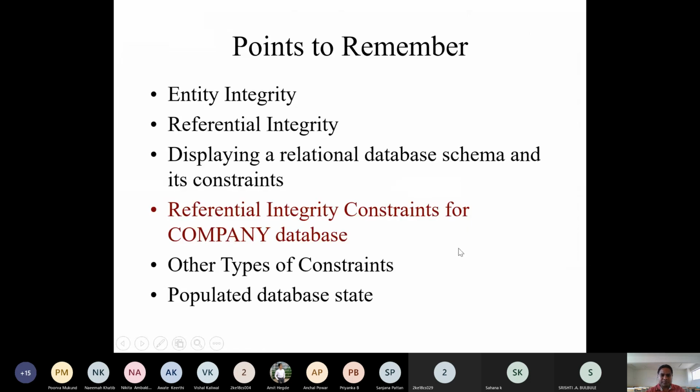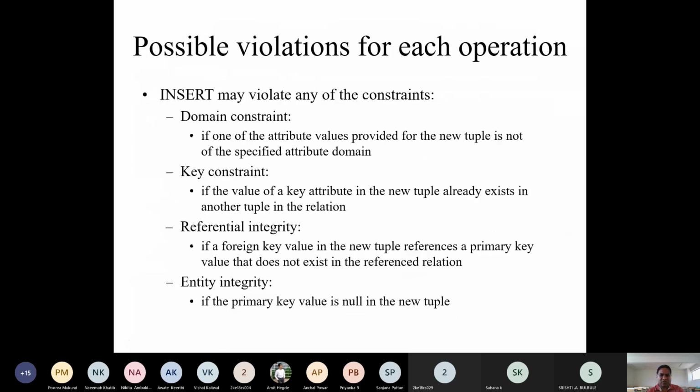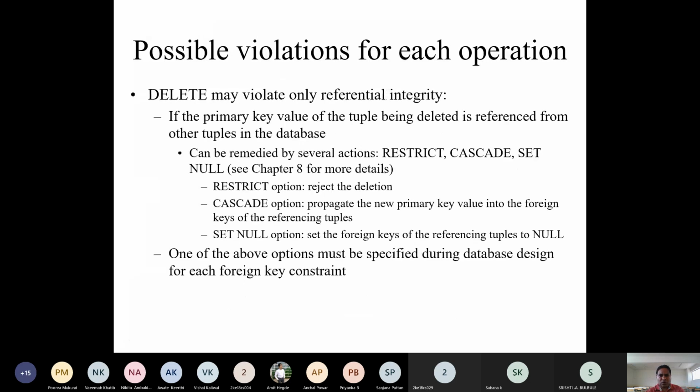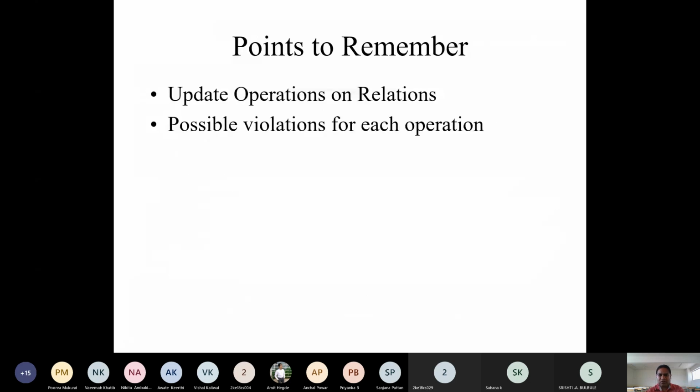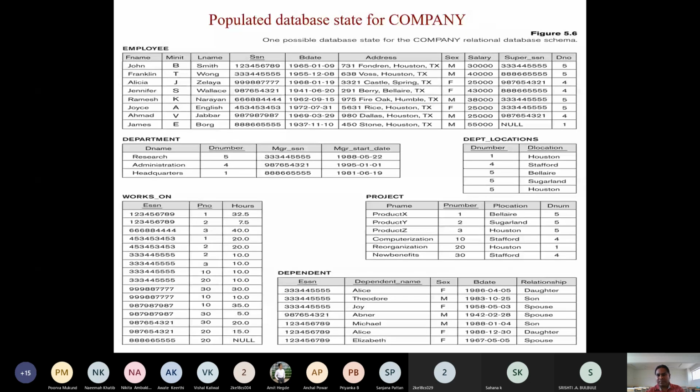Alright, so today I will continue with update operations on relations and the different violations on each of those operations. Now imagine I have constructed the relationships of all the data of all the tables.